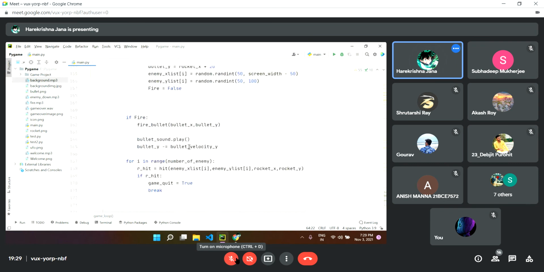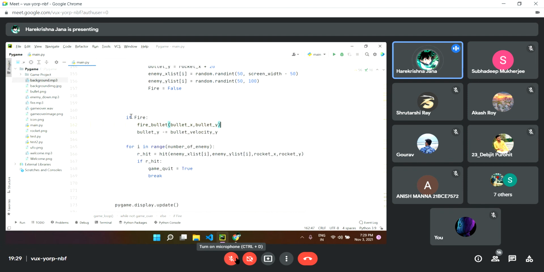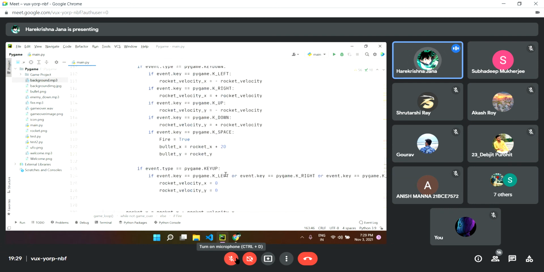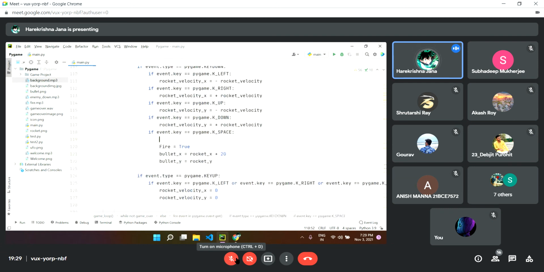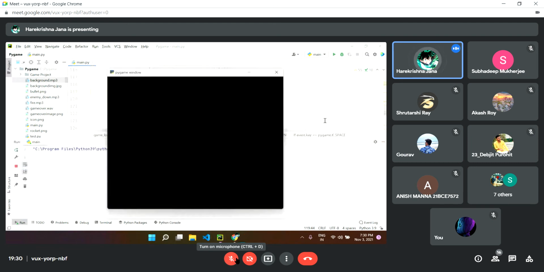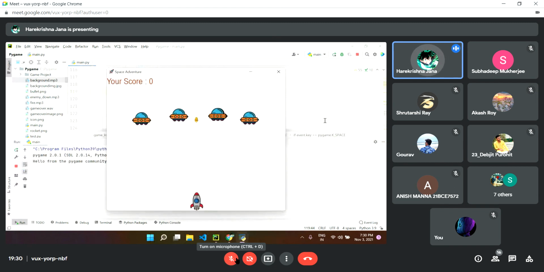Now I'm not going to play it here because it is also in a loop, and whenever the fire is true the sound will be played, so I'm going to place it in here. So if I press the space one time, it will sound, and then we can fire, right? So bullet sound dot play. Now let's see. Yes,